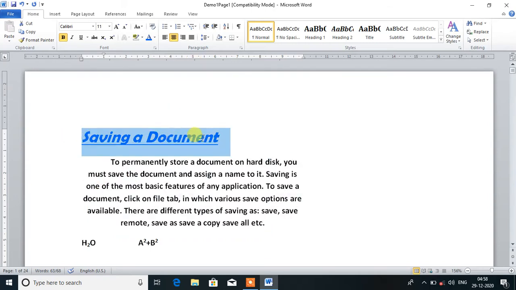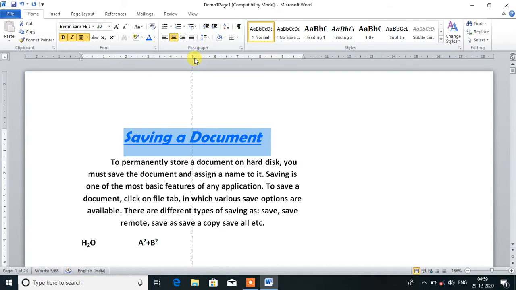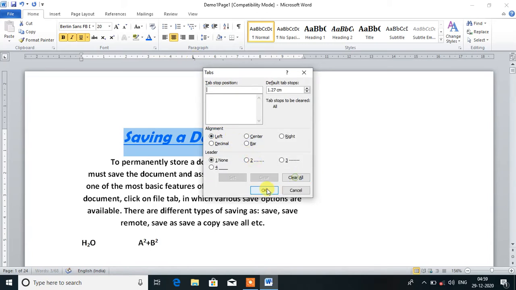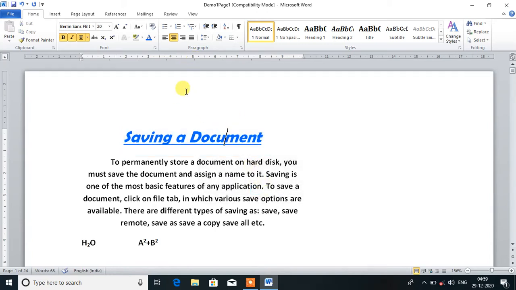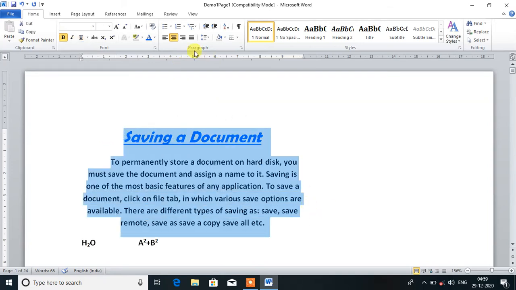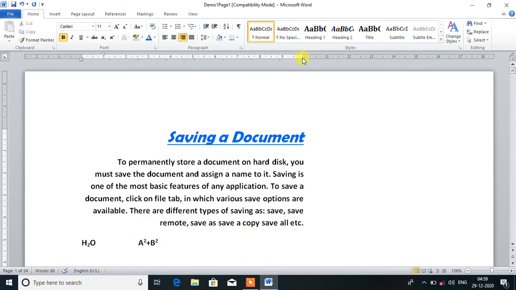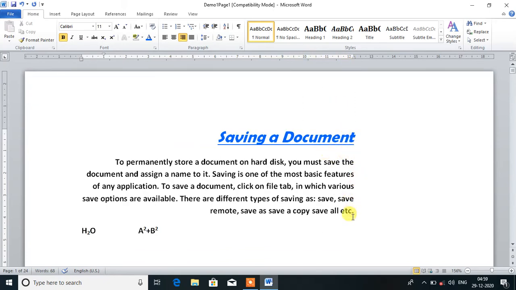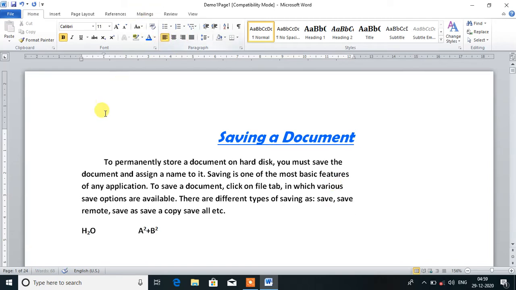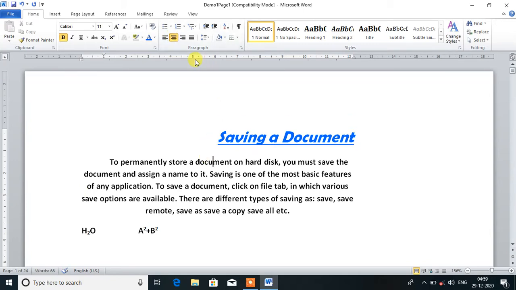And see, once again, saving a document, we click here, so you can see this is the central position of the text. See here, so this is the tab position. So clear all and okay, tab stop. If we click anywhere, this is the central alignment, and previously this was align left. Align right means all text will be aligned from its right position. See here, so now the balance is at the right side, the balance is its left side, the balance is its central position,